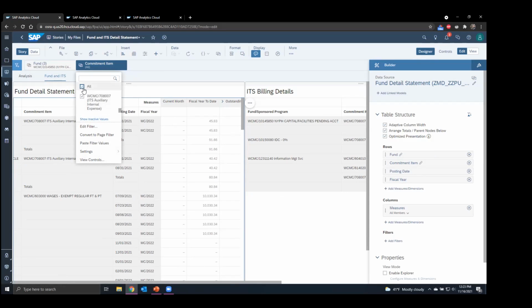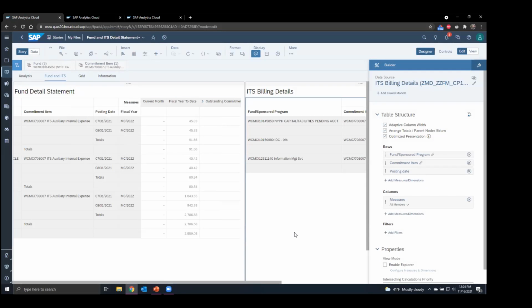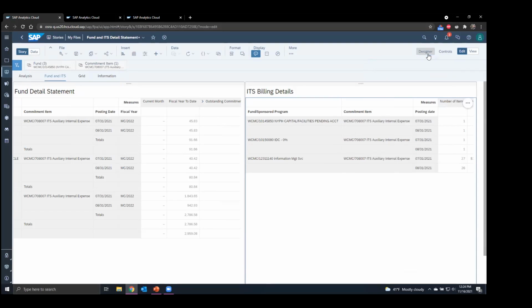In this case, I want this particular commitment item. When you deselect all, the reports will refresh to show as blank, but I'm going to select that one. And everything updates to the current output. So if I close this and I look at the overall amounts that I'm looking at over here, you'll notice that